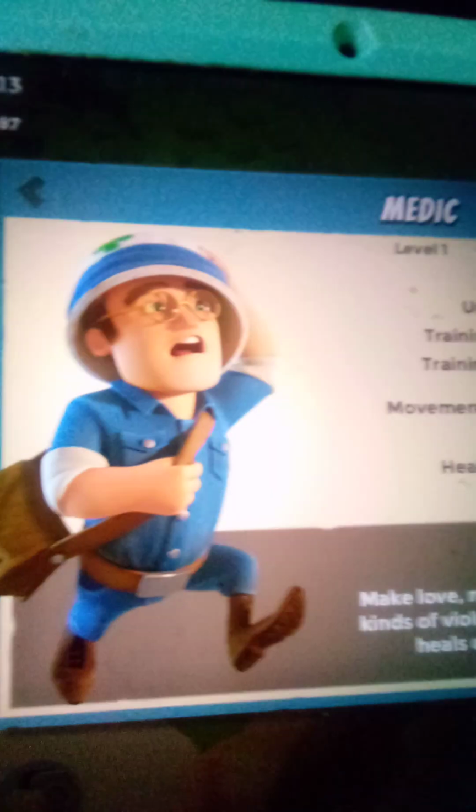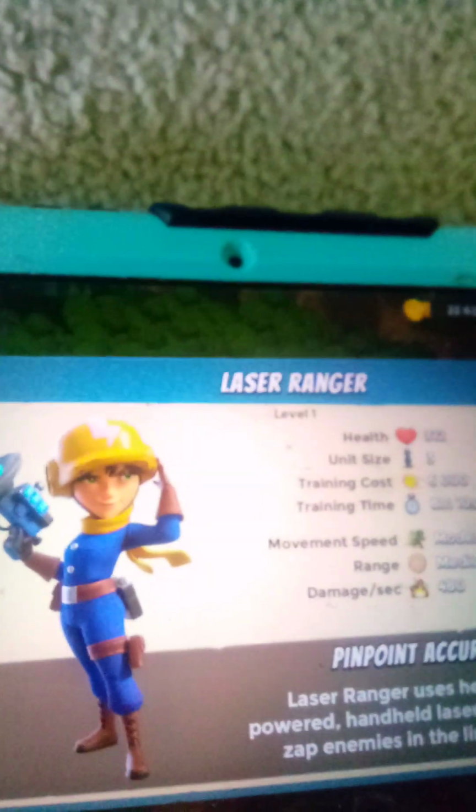Now next up we got medics. Now it used to be red, but now it's green. So its 6 and 7 skin will have its medic's hat. Now, first of all, it's red, the 6 skin, and then second it's green, which is what it is now. Now next up we got Laser Ranger, the 8 skin,